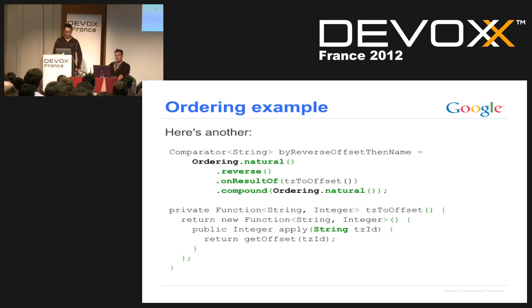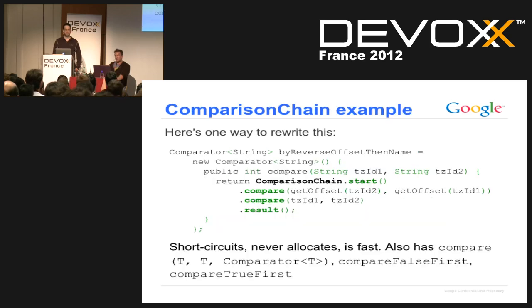What you see here is no shorter than the other slide was because we have to write out this entire function, but hopefully when we get our lambda expressions in JDK 8, this will become actually quite pleasant. Again, in this example, I would probably go with the comparison chain instead of the ordering, but you're going to find cases where one is more useful than the other.